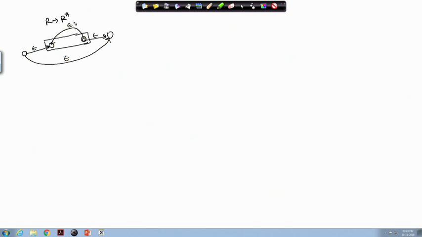So, these are the things to be done for getting the NFA for R star. So, what we do? We do it like this. I have to add this epsilon transition.